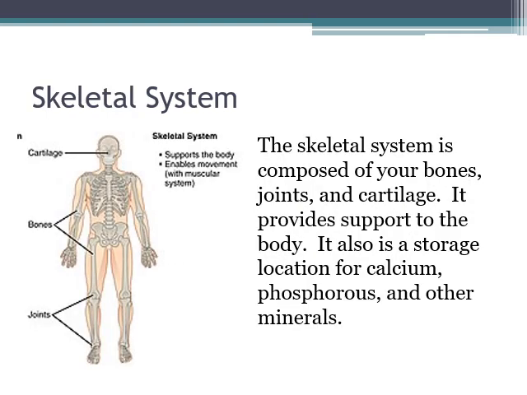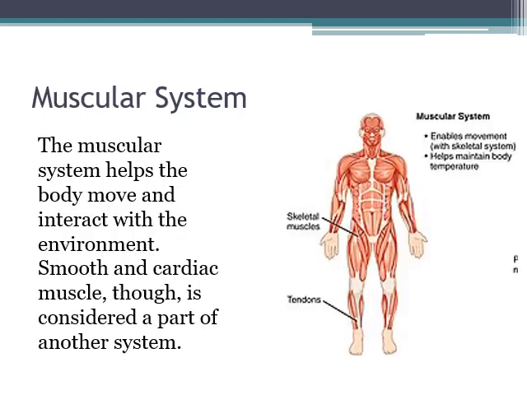The skeletal system, you're going to have bones, joints, and cartilage. They provide an attachment point for muscles to allow for movement, but also provide structure. Another very important feature of the skeletal system is to provide a reservoir for calcium and phosphorus. If you don't have enough calcium, your body will break your bones down to get it, and that leads to osteoporosis. So drink your milk.